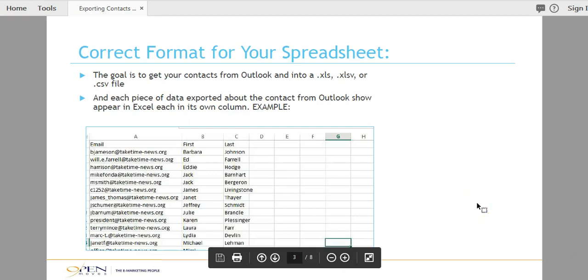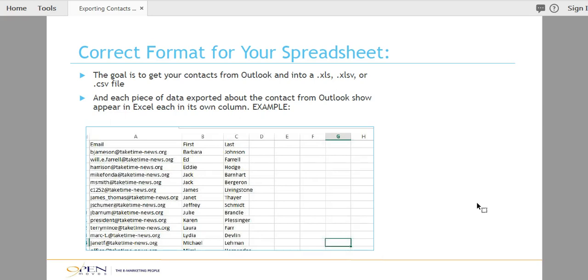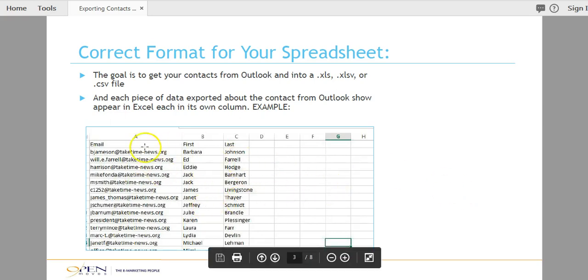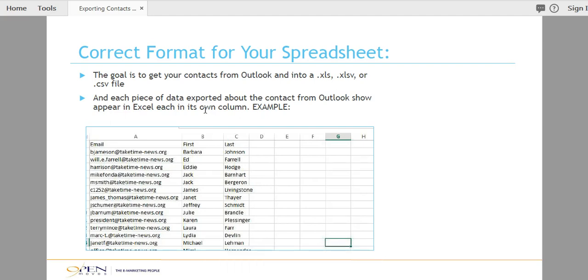Okay, so the goal of getting your contacts out of Outlook is to get them into a spreadsheet that looks like this, where we have all of the same type of data in columns. Emails are all in the same column. The first names for each contact are all in the same column, followed by last name. In addition to that, the file type that we need is an Excel file, which can be XLS or XLSX,